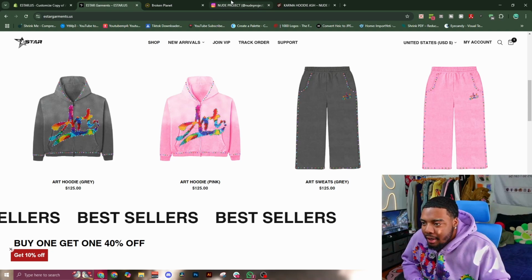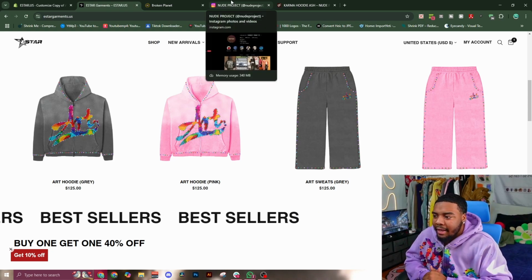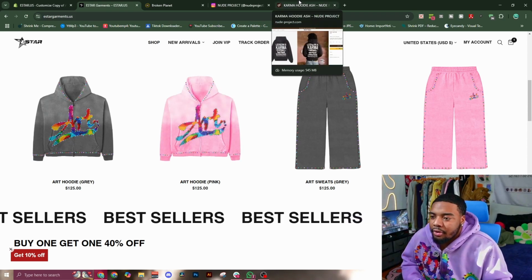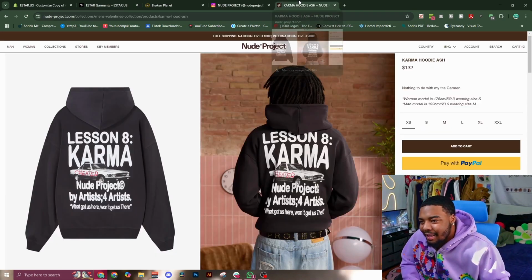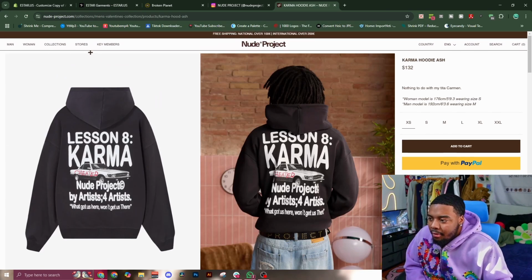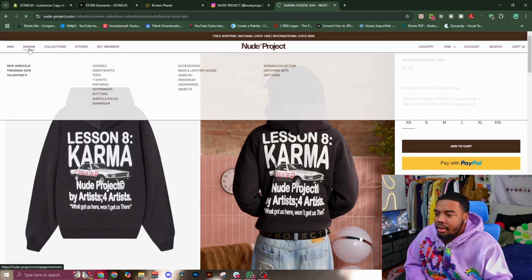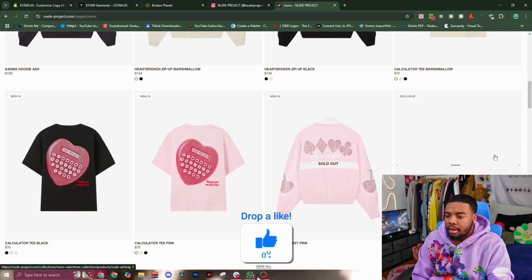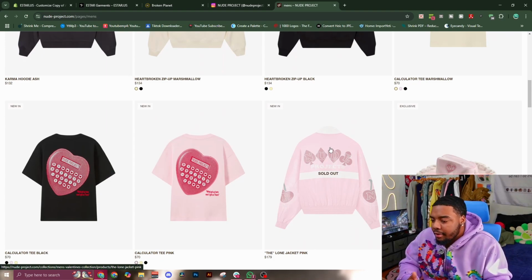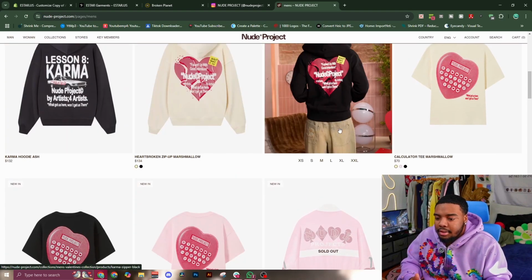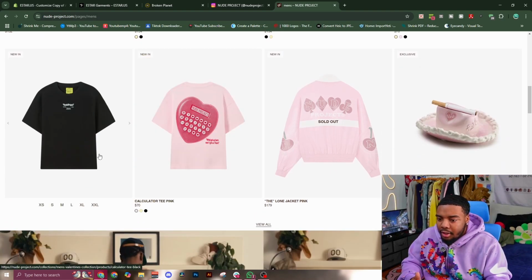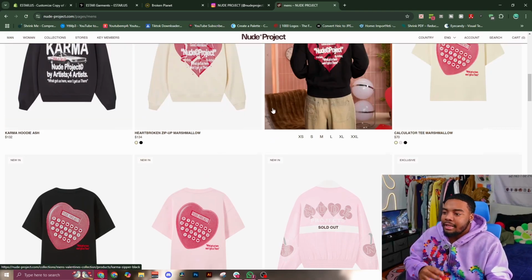If people have products that are all over the place, like say you have 2 hoodies and they look different than every single product, it just looks weird. And I know a lot of people do that, but I don't like it that much, because mock-ups to me are just better. Like even with Nude Project, you see right here, we're about to go check it out. You see how all their hoodies are the same, all the shirt mock-ups are the same, everything's concise. They even got mock-ups for the hyped up products, you get what I'm saying? So everything's concise. And of course, when you have products like this, you can't really mock up this, but again, you want to make sure you have all your stuff lined up and everything just